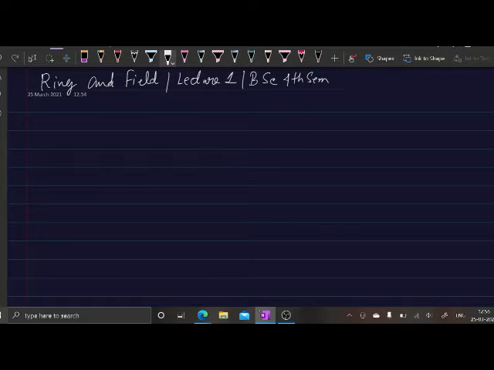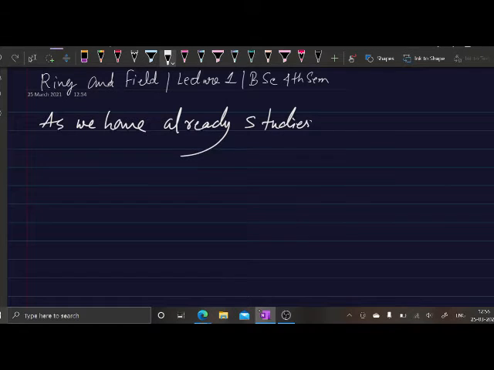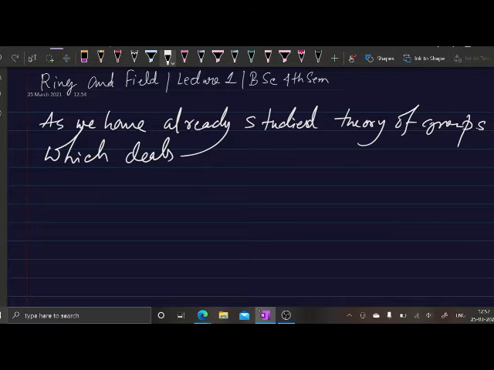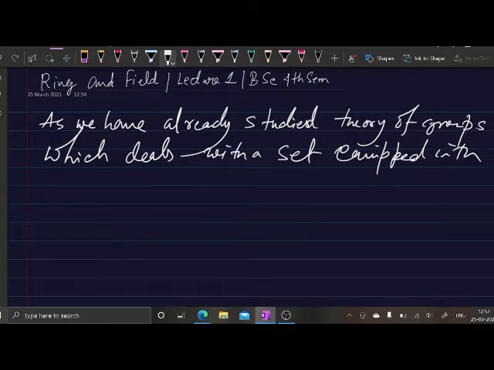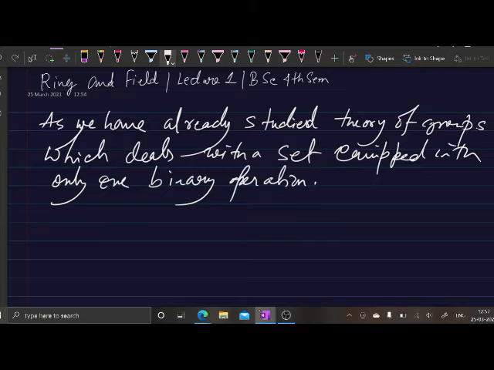Theory of rings, as we have already studied the theory of groups, which deals with a set equipped with just only one binary operation. Okay, now our aim is to